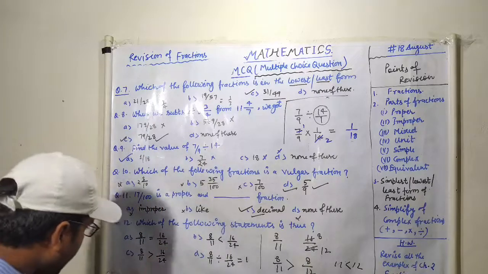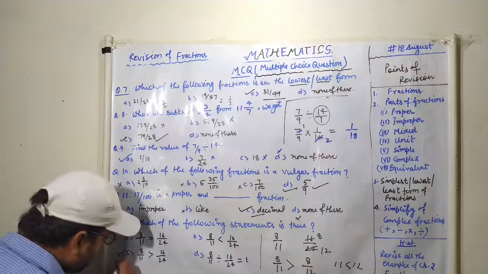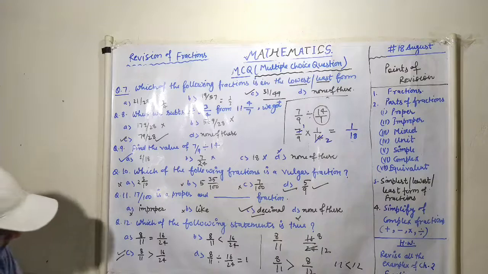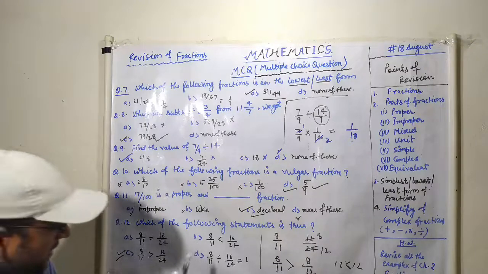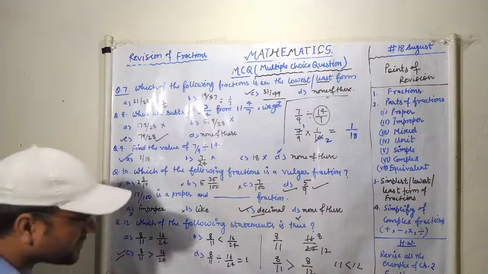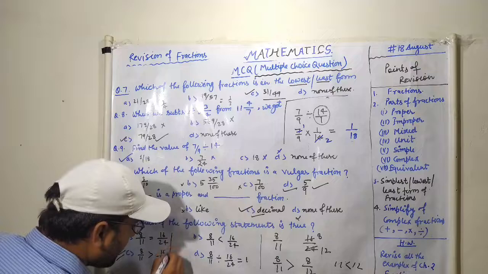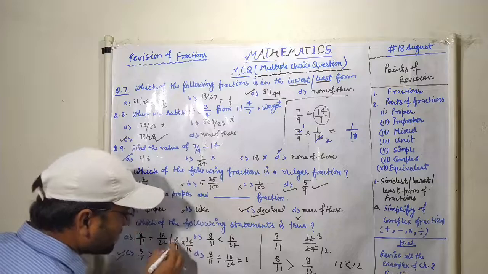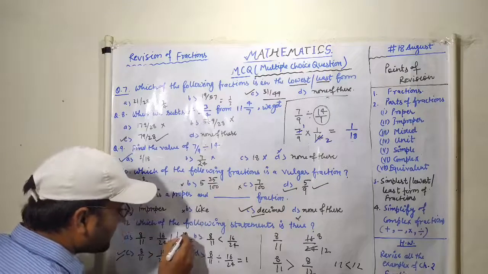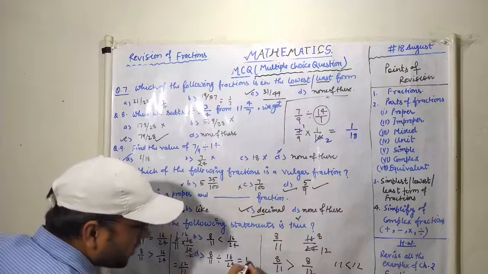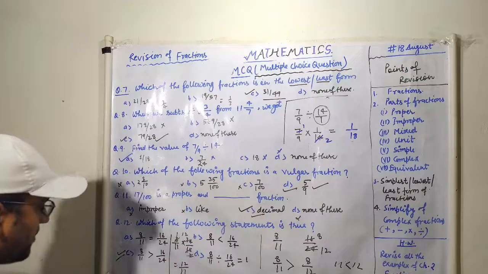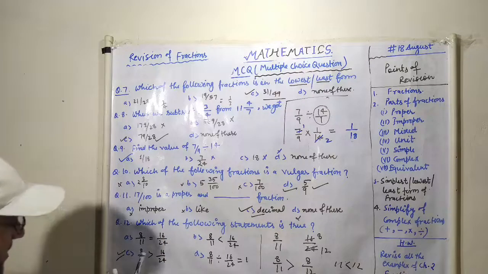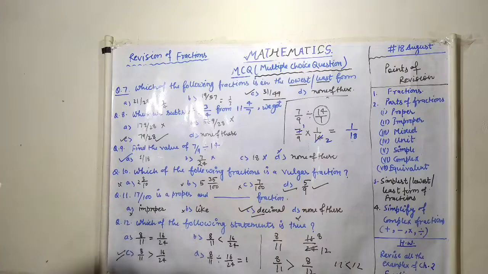So which option is going to be correct in this one? Option C. 8 upon 11 is greater than 16 upon 24, students. And option A is wrong, B wrong, D also wrong, because if you do this one, 8 upon 11 division changes into multiplication, 24 goes upside, 16 comes downside, 8 1s are 8, 8 2s are 16, and you will get 12 upon 11. You will not get that 1. So which option is going to be correct in this case? Option C, 8 upon 11 is greater than 16 upon 24, students.